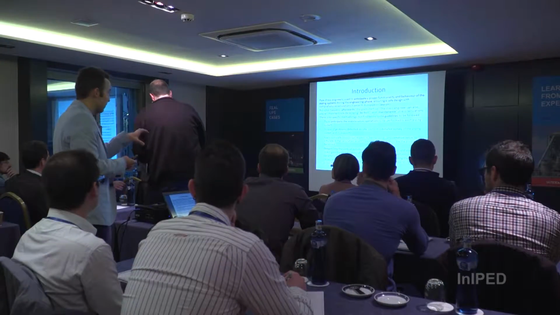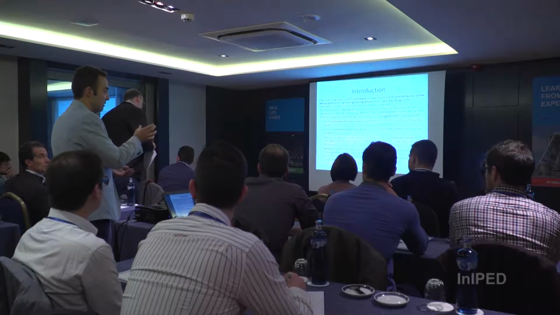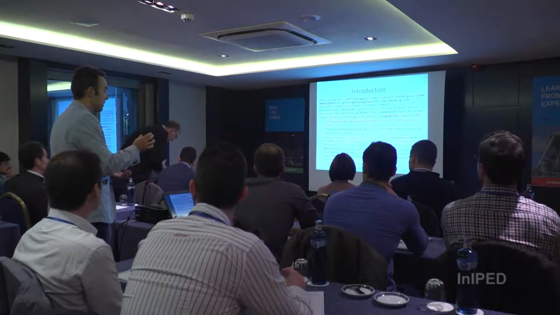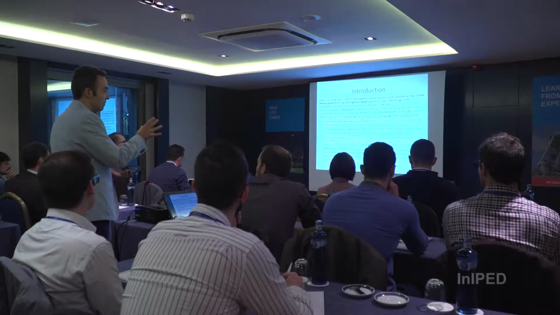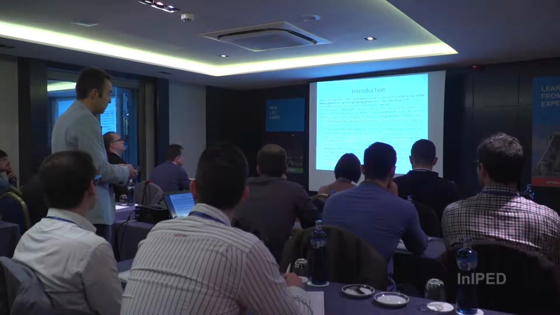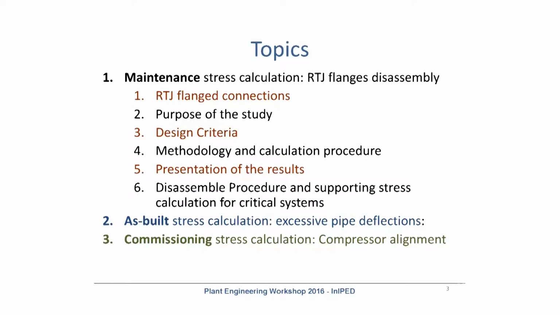Also, it will be very useful in these cases to know perfectly the code you are working with, the piping code, that may be B31.3 commonly, and also the configuration of the software. Maybe you would like to adjust some parameters: the corrosion allowance, the mill tolerance, the erection temperature, the soil properties, etc. Because in these particular calculations, we are not at design phase. We are trying to reproduce what happened on site.